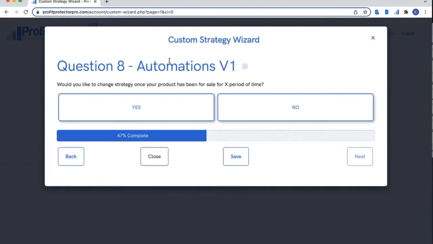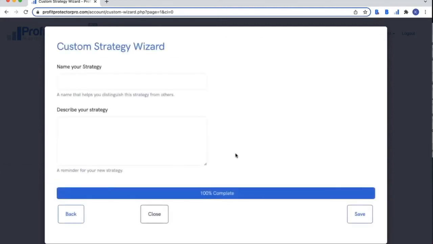So this box won't appear, and you will basically then, at this point, I've just done my custom strategy, worked my way through the wizard, and I would save it. So I'm just going to go save from here, because I just want to save the custom strategy wizard, which is what it will look like when they're completely split separately. So I am going to save my strategy.